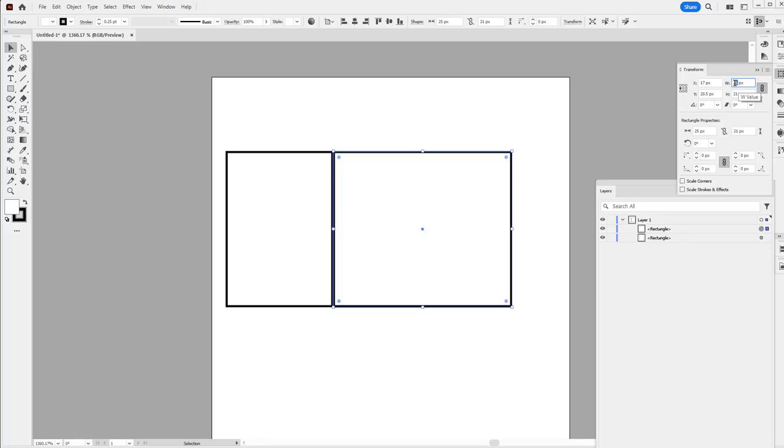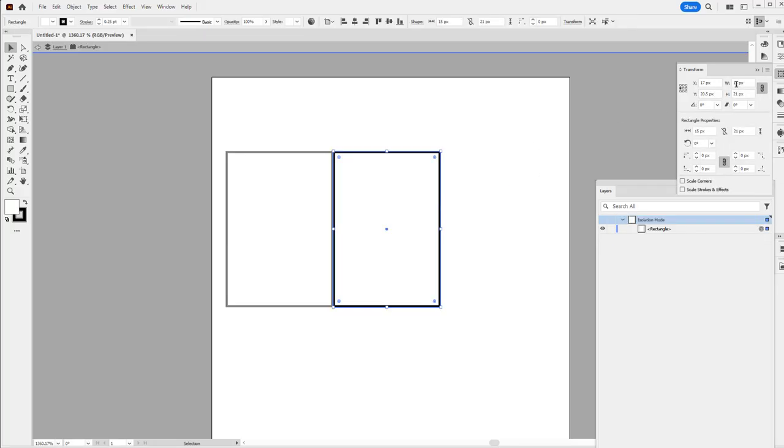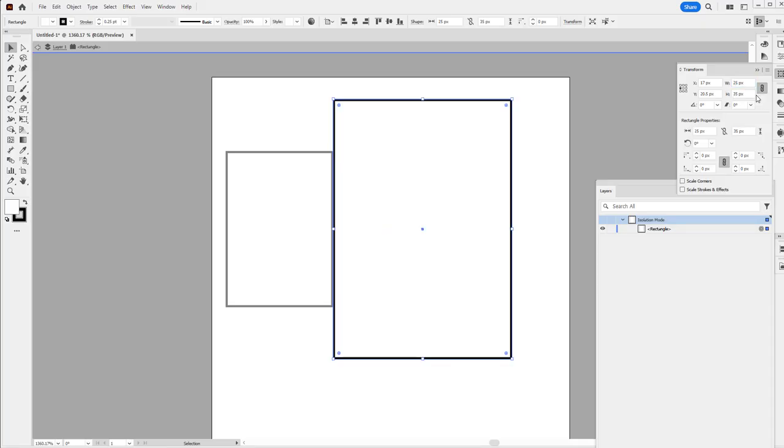But if you link that one, let's go back. If we link that one and we change to 25, enter. As you can see, the height also changes.